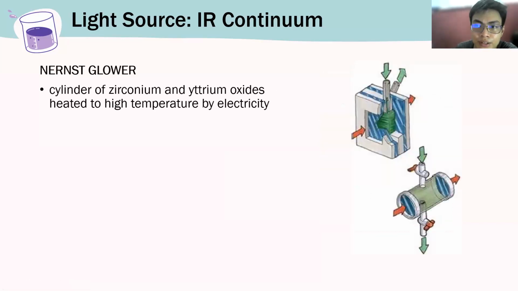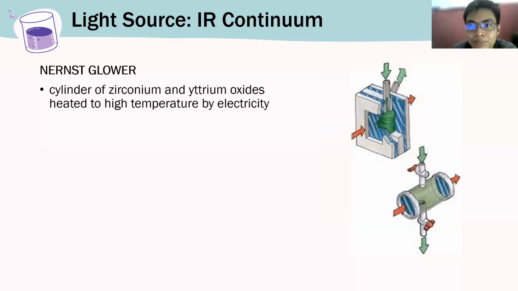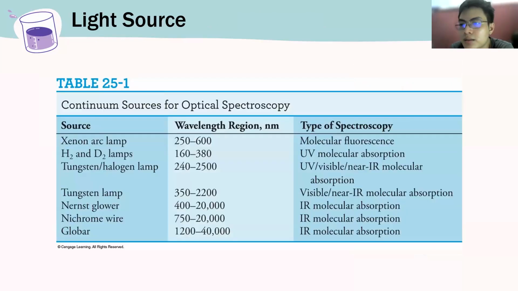Meron din tayong tinatawag na Nernst glower, which uses a combination of zirconium and yttrium oxide na. And yun, I think ito yung common na sa mga IR spectrometer ngayon. Okay. Why? Kasi it's very small, okay? And it could be heated easily to higher temperature. So maliit lang siya. Unlike yung glow bar, medyo malaki siya. So yun. So, just to summarize,